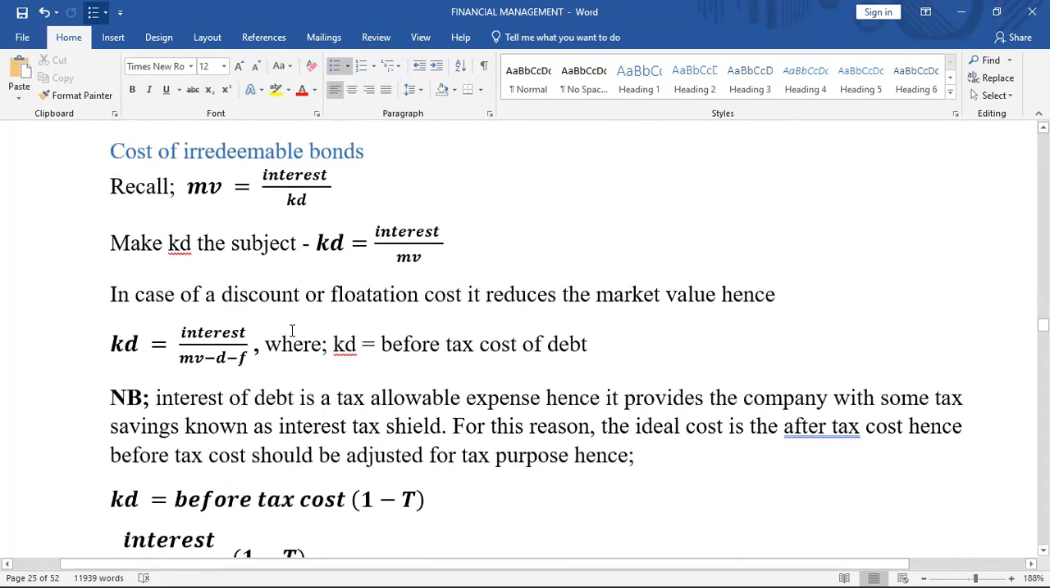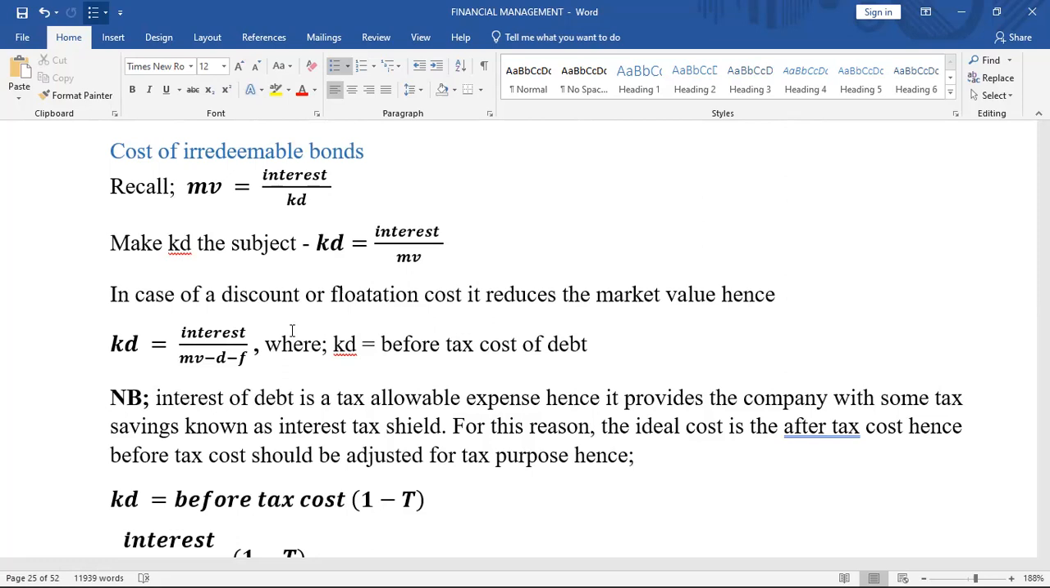You remember when you are getting the market value of the irredeemable bonds, we just take interest to divide by the cost of debt, and then we multiply by the tax. What we are doing there, making KD the subject, is because we first want to get the before tax cost of debt. And once we get it, because we know these might be affected by discounts and flotation costs when computing the cost of debt,